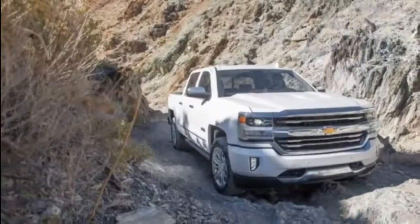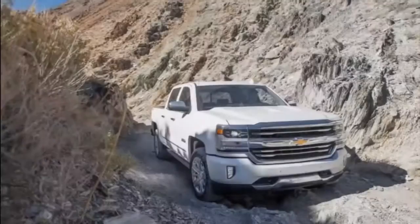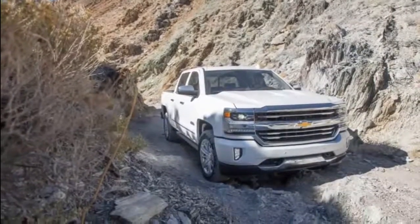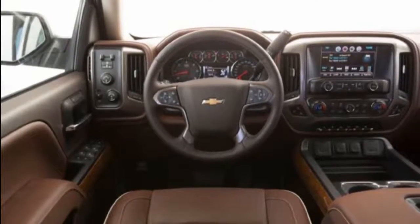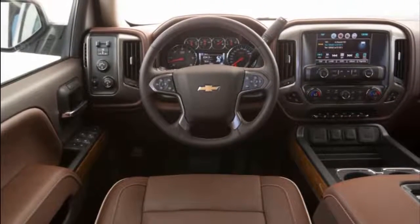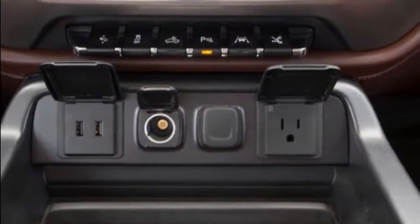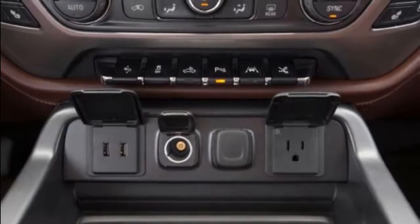Towing and hauling cargo was a non-issue in the Chevy. Loaded with a trailer or a bed full of rubber mats, the Silverado had more than enough power for city driving, uphill freeway on-ramps, and merging into traffic. Brakes and steering were light and overboosted, a GM trademark, but they were easy to modulate and accurate enough. For most work truck situations, the High Country would be a fine companion, given you're willing to put your $60,000